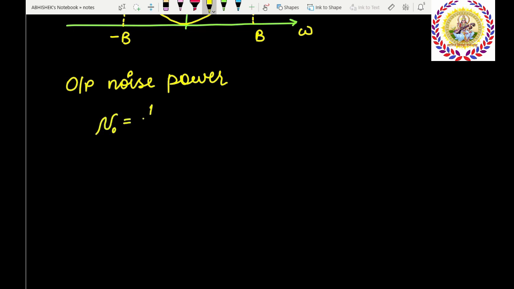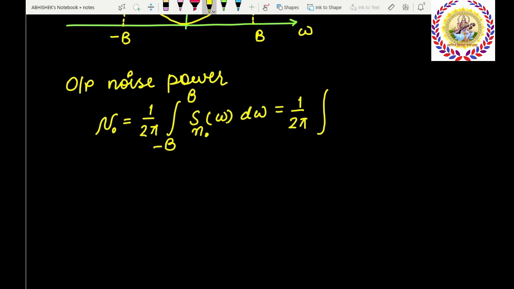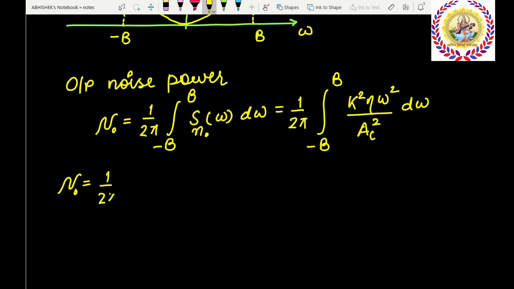which is N naught, equal to 1 upon 2 pi integral from minus B to plus B Sn naught omega d omega, which is equal to 1 upon 2 pi integral from minus B to plus B. And now we can put the value of Sn naught omega from the above expression into this expression, which is k square eta into omega square upon AC square d omega. We can solve the above expression as